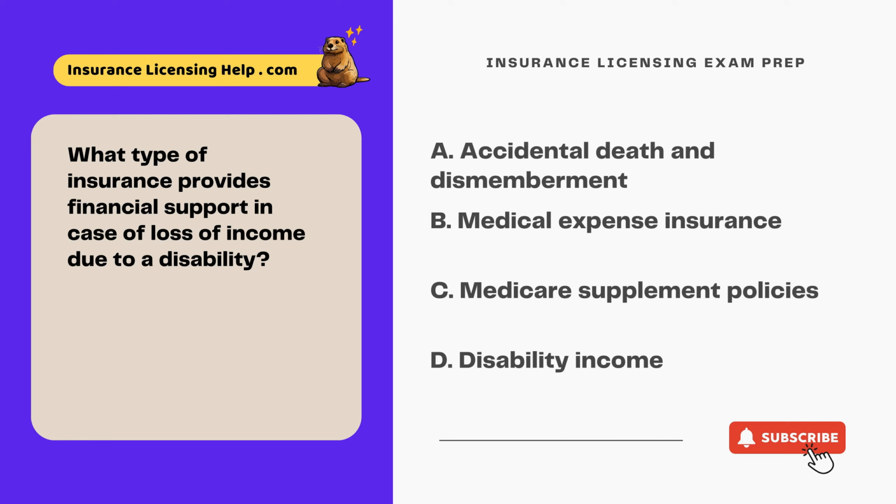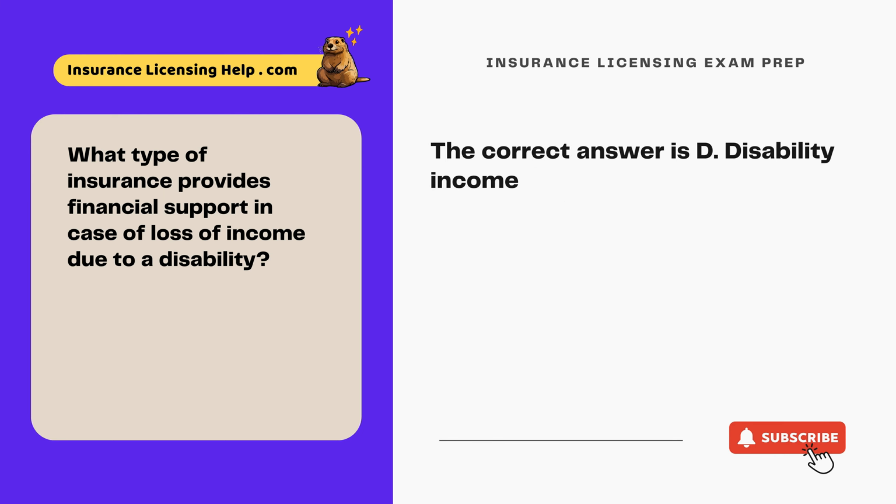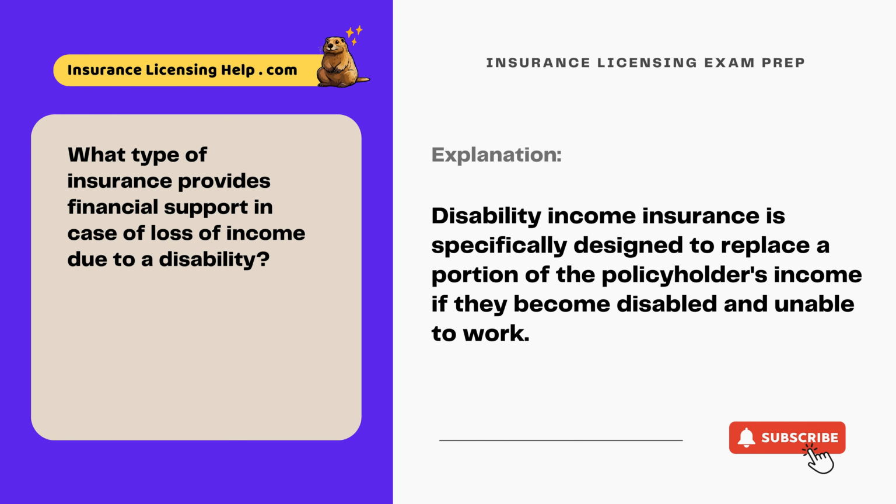What type of insurance provides financial support in case of loss of income due to a disability? A, accidental death and dismemberment. B, medical expense insurance. C, Medicare supplement policies. D, disability income. The correct answer is D, disability income. Disability income insurance is specifically designed to replace a portion of the policyholder's income if they become disabled